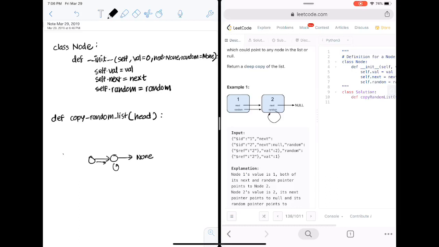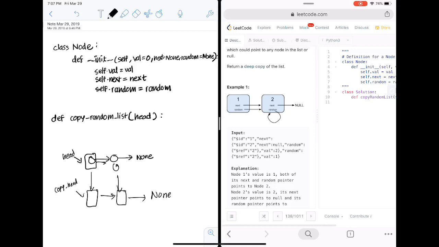What I want to do, and so in the context of this problem, the variable head contains this node right here. Because I have to return a deep copy, I'm gonna make another variable and call it something like copy head, and then I can do an O of n traversal where I go one by one on the next elements of this linked list, and I just build copy head according to that. So I'm gonna copy this here, and then copy this here, and then this is just gonna be none. So now I have a deep copy of the linked list, but I think the problem is the